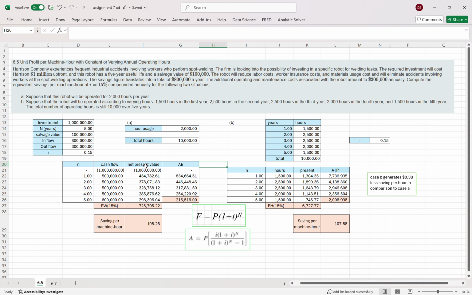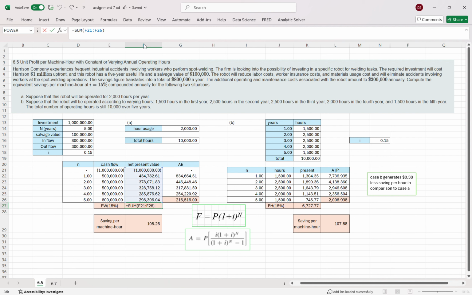So for the first option, it says that the robot will be operated for 2,000 hours per year. First I had to look for the present worth. So I set up the table and I used the compound formula, solving for P. For my P, I used the investment of $1 million. For my N, I used the corresponding periods for each row. And for I, I used the 15%. So I set up my formula, I dragged it down for all periods 1 to 5, and then I added them up to get the present worth